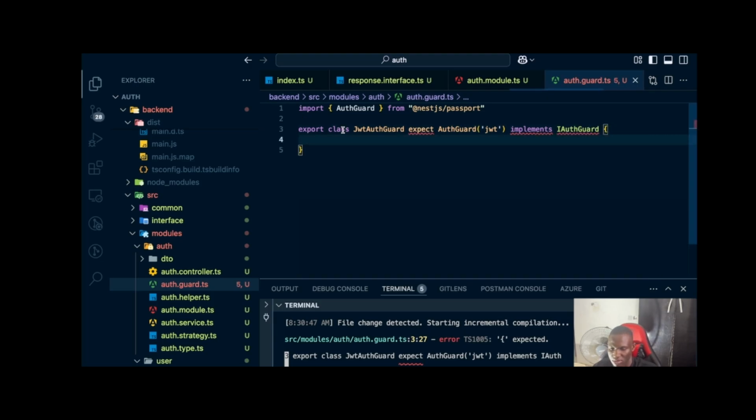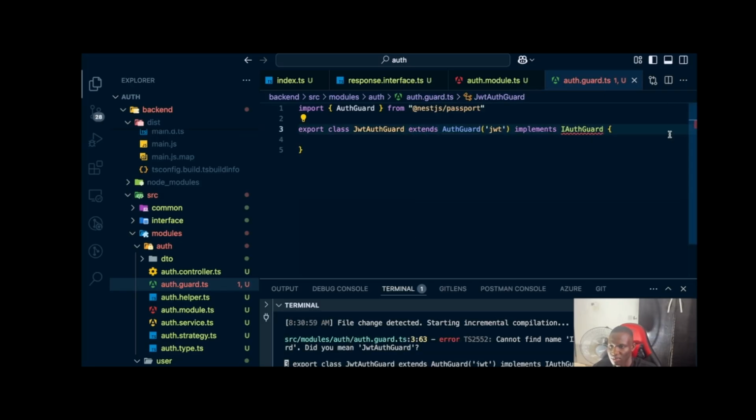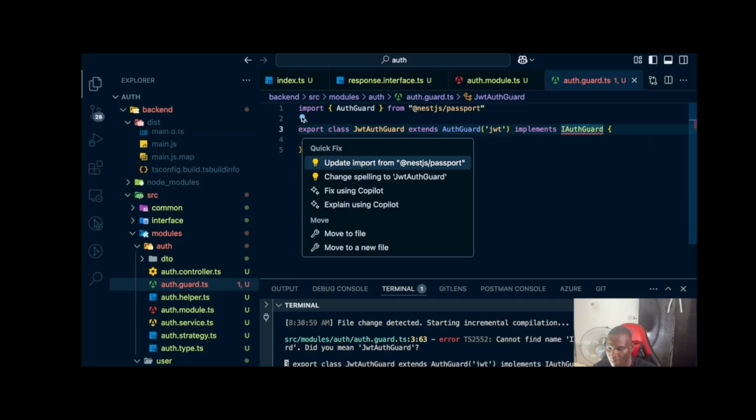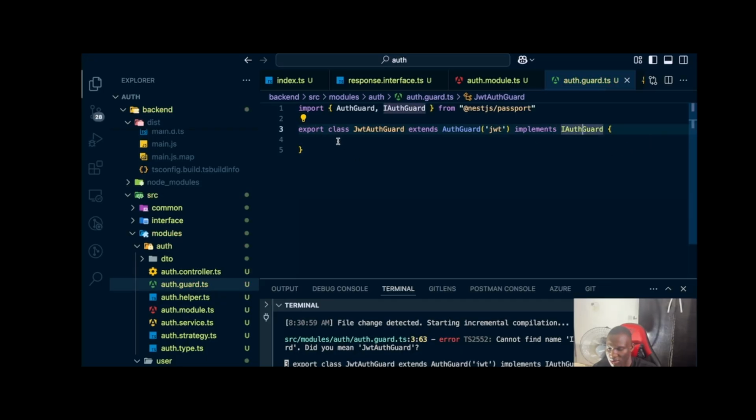Okay, extends, let's import this from passport